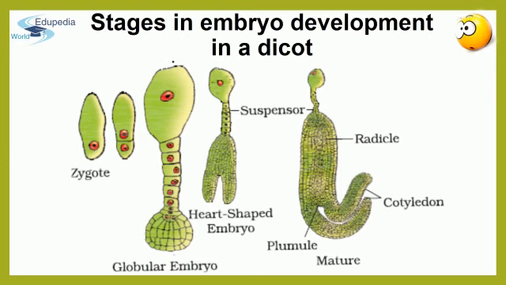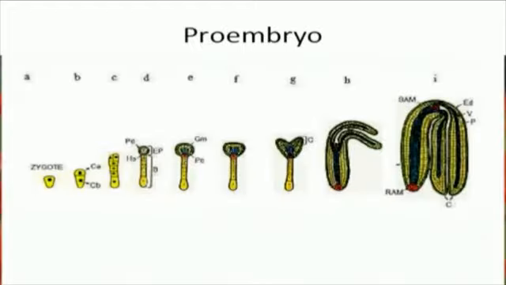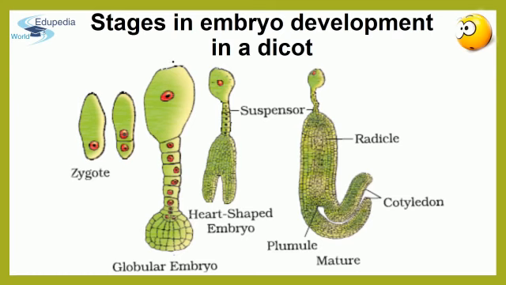Embryo is basically a diploid young sporophyte formed as a result of fertilization. Now, coming to the stages of embryo development, which is also called embryogeny, the embryo develops at the micropylar end of the embryo sac where the zygote is situated. Most zygotes divide only after a certain amount of endosperm is formed. This adaptation primarily provides assured nourishment to the developing embryo. Firstly, the zygote gives rise to the proembryo and subsequently forms globular, heart-shaped and mature embryo.